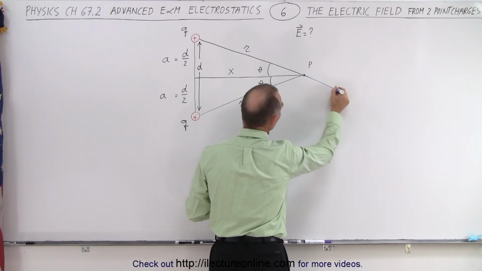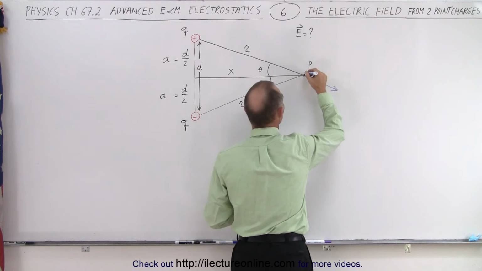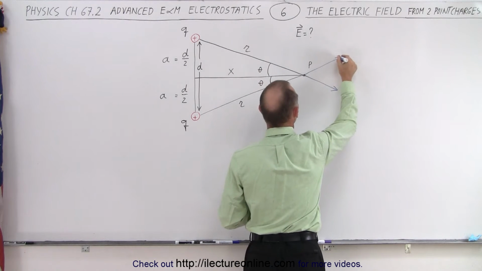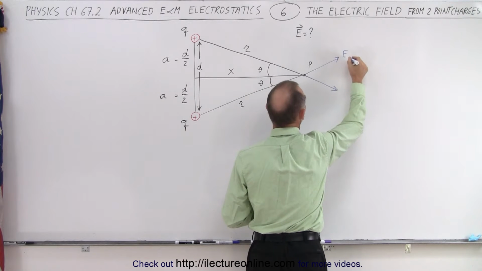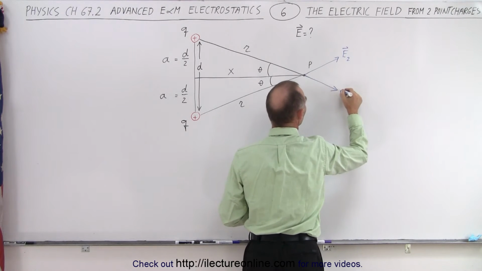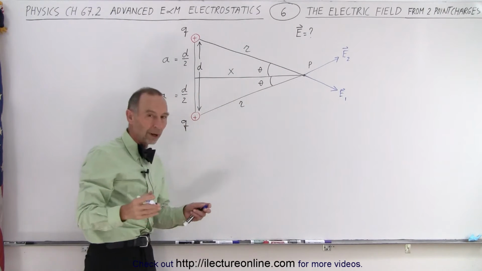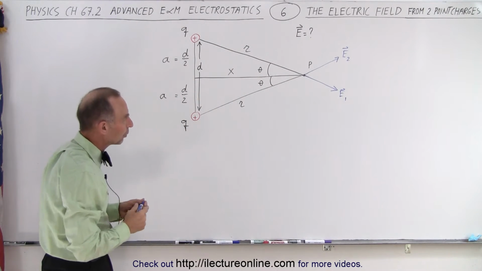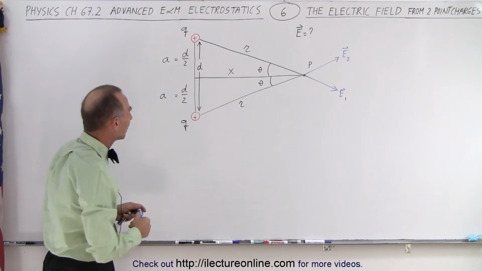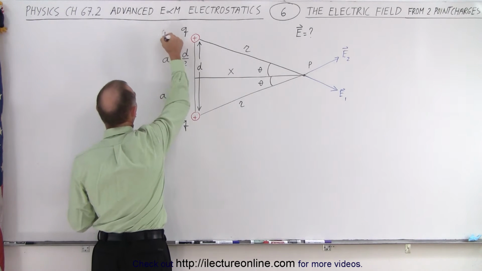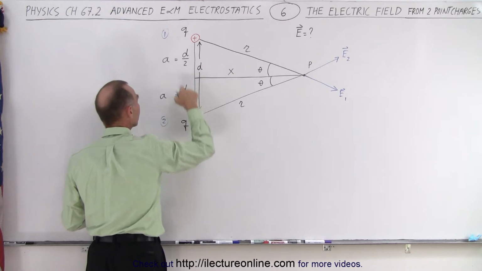in this direction from the first charge, and we're going to have an electric field emanating in this direction from the second charge. So let's call this E sub 2, and let's call this E sub 1. Notice that they're the same charge, Q1 is equal to Q2 in magnitude, but still, so we identify them. If this is our first charge right here, and this is our second charge right there, each of them having